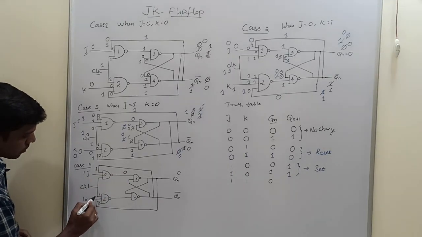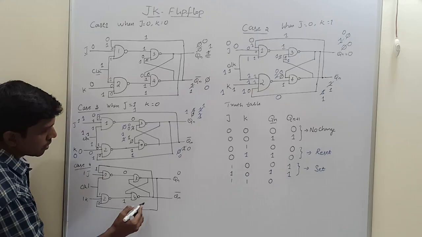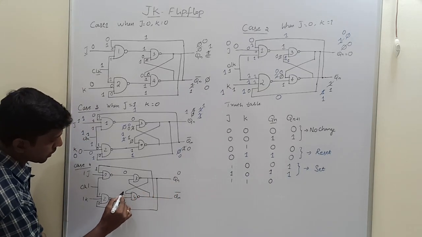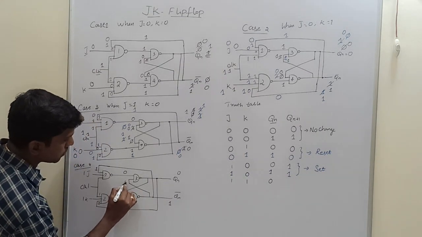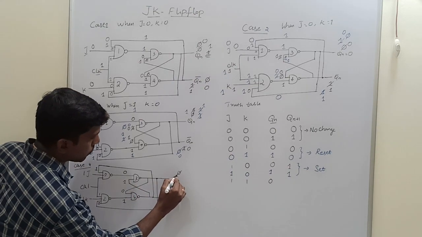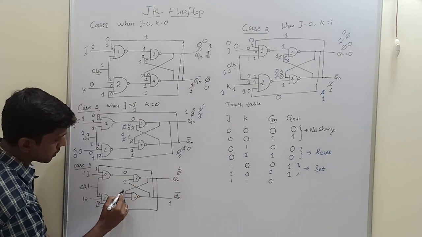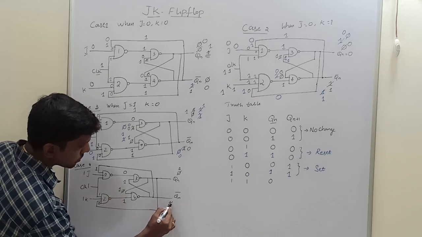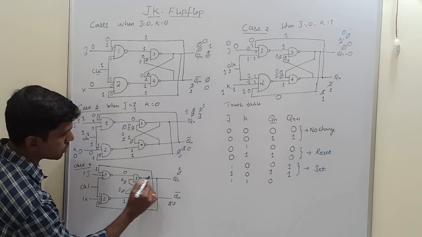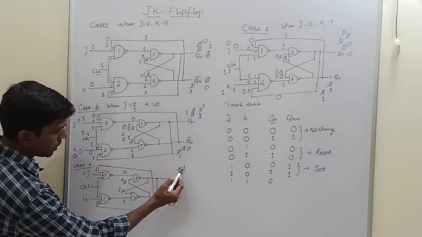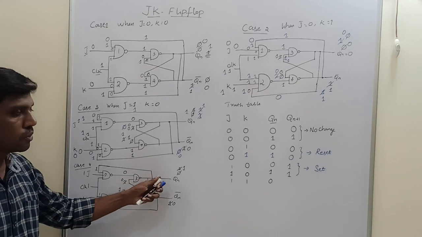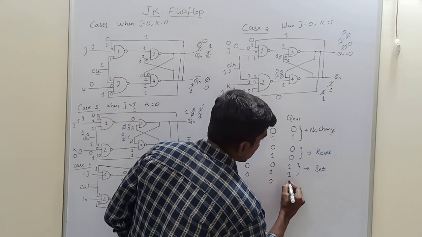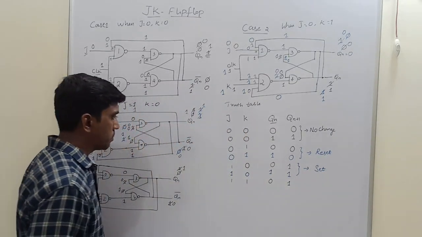Then here clock 1, K 1, this value is 0. So output is 1. Then this Qn bar is fed back to the fourth NAND gate input 0, 1. Qn bar is 1. So this one is fed back to the third NAND gate input 0, 1, 1. So again this one is fed back to here 1, 1, 0. So this 0 is fed back to here 0, 0, 1. The same value you will get. So here the Qn plus 1 is 1.